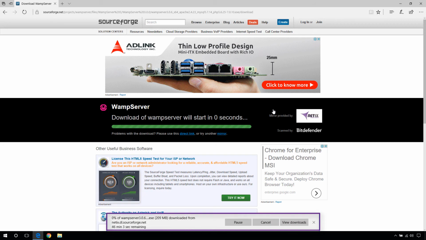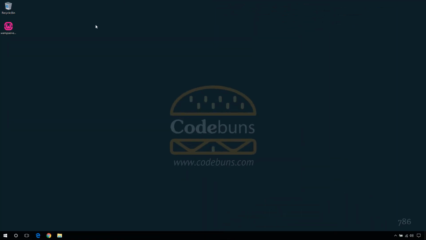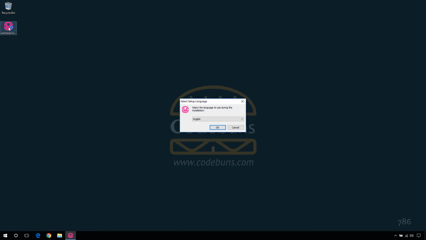The file is around 209 MB, so it will take a little bit to download. Once the download is complete, double click this to launch the WAMP installer. Proceed through the installation process, which is pretty trivial. Just accept the default settings and you will have a local web server up and running in no time.